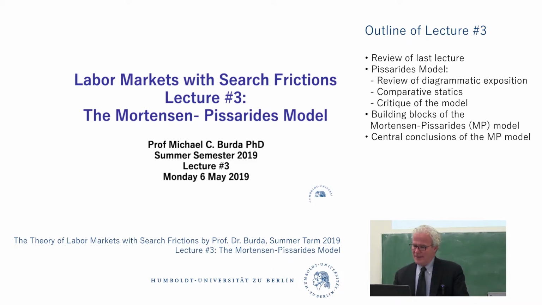In the model we had last week, as Thomas probably told you, and as the model we'll consider today, there are no rejections. The model is cooked to rule out rejections. But it doesn't mean you can't make the model fancier to include rejections, and later on we'll do that, as I said. The nice thing about the Mortensen-Pissarides model is it's kind of like the next level from Pissarides, but it still doesn't give you the full set of possible margins that agents can act on, and still gives you a lot of intuition. So that's the point of today's lecture.